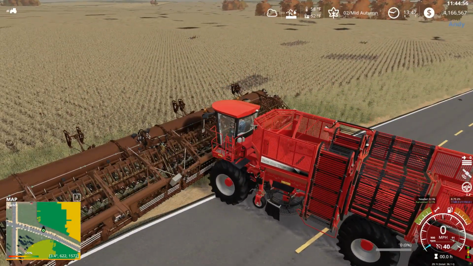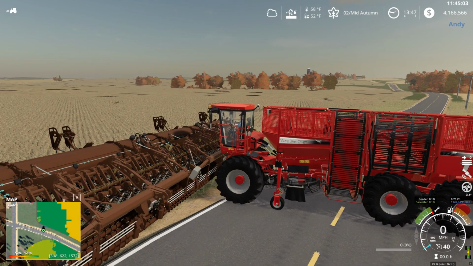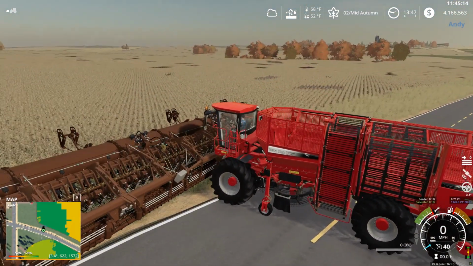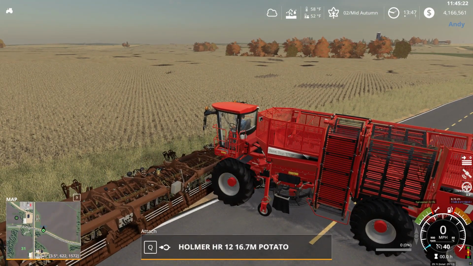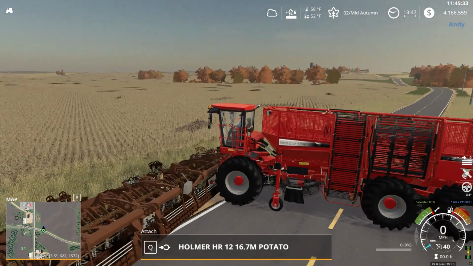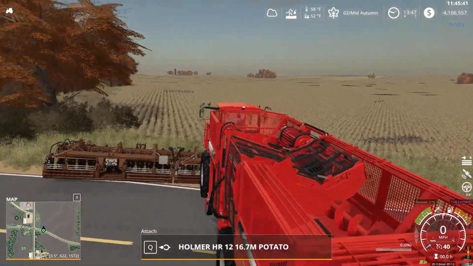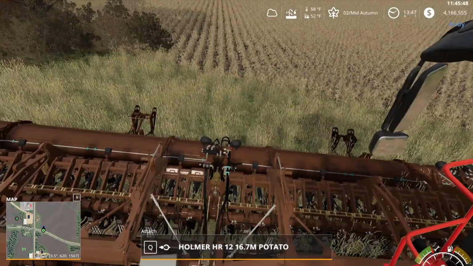Now, with that thing folded for transport like it is, you can't get it in and out of the cab because the ladder's not there. Is that the way this is designed? I'm going to unhook the header and see if that makes a difference. Okay, no, it doesn't. So how in the hell do you get up there? Because here's the thing. To get in that cab, let me turn that off. To unfold the machine, you have to be inside the cab. But how do you get in the cab if the ladder doesn't come down until you're...